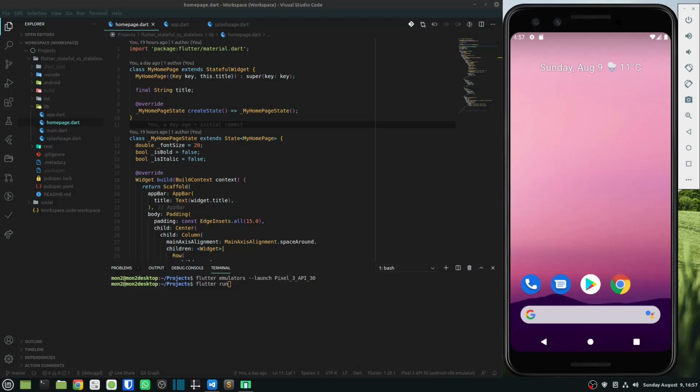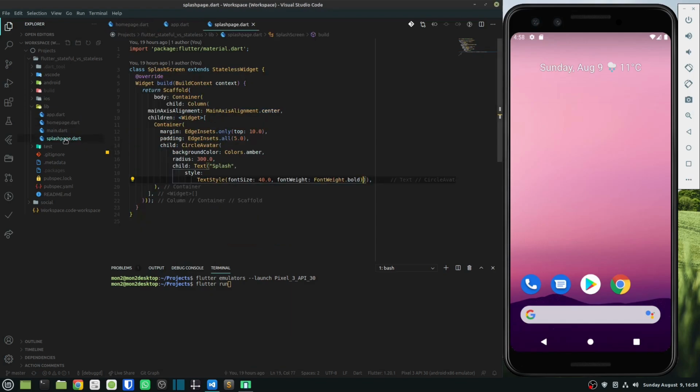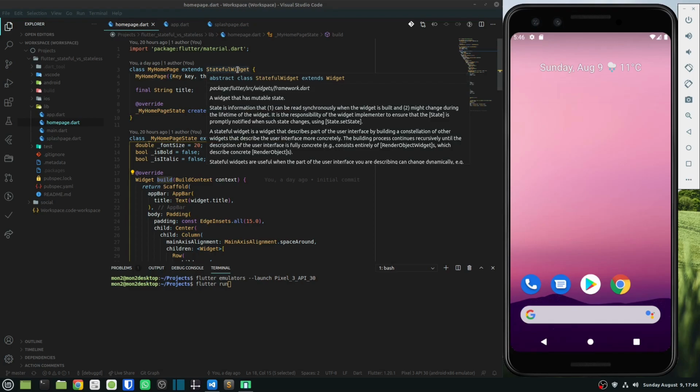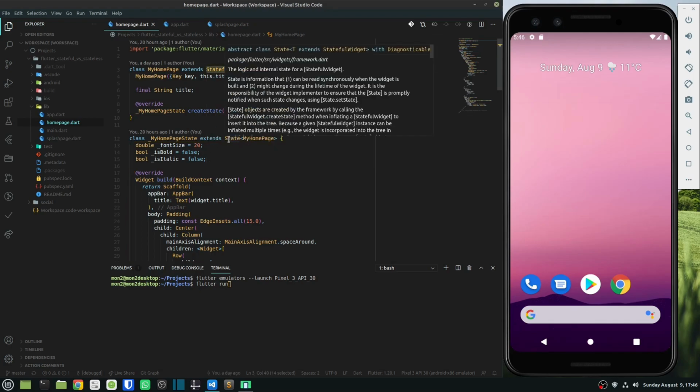I have prepared a sample project now to understand these in more detail. In my sample project, I have created a couple of widgets, and I have the home page widget, which is an example of the stateful widget, and I have a splash screen widget, which is the example of a stateless widget. So let's run the project and understand how they work. A stateful widget is implemented by two classes, a subclass of StatefulWidget and a subclass of State.